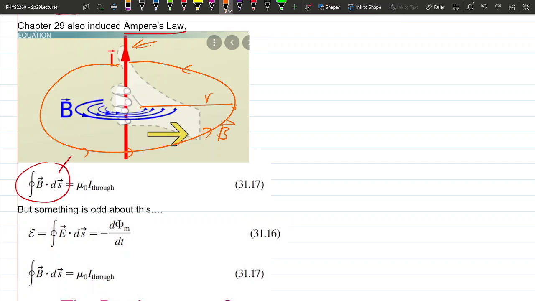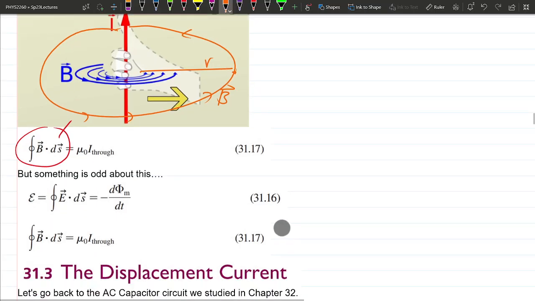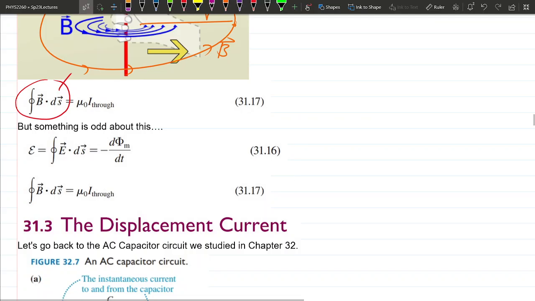Does this all sound familiar? A little bit, maybe? So I'm going to bring up one more little side note before we move on to actually showing you what electromagnetic waves are. There's something odd about this. Faraday's law, or the electric field version of the line integral complicated thing that we have to do,